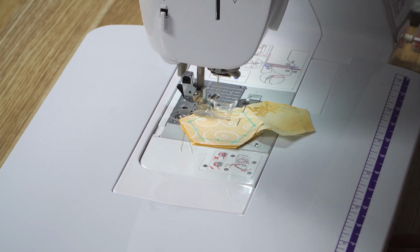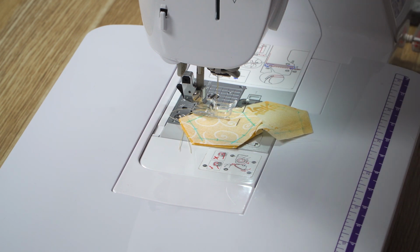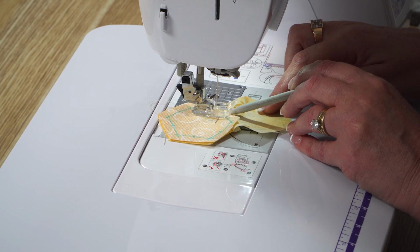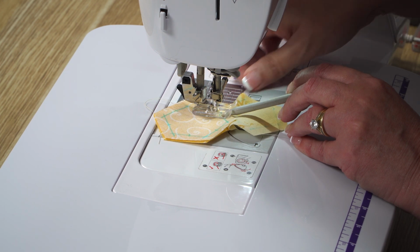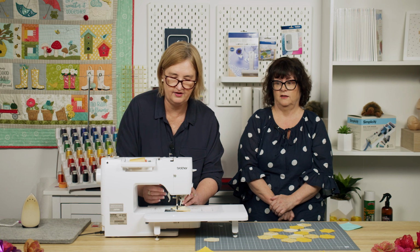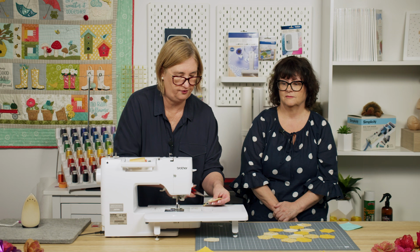If you feel that it's a little difficult to manipulate your fabric, you can use a stylus, or a third finger, a stiletto. Yeah. So what we're going to do is we're stitching really close to that second pin. One more stitch. So stitching at a slower speed is more beneficial too. Absolutely. Even if you stitch at a slower speed, it's still quicker than rushing it and having to unpick. So I'm going to pull those out, clip off my threads,